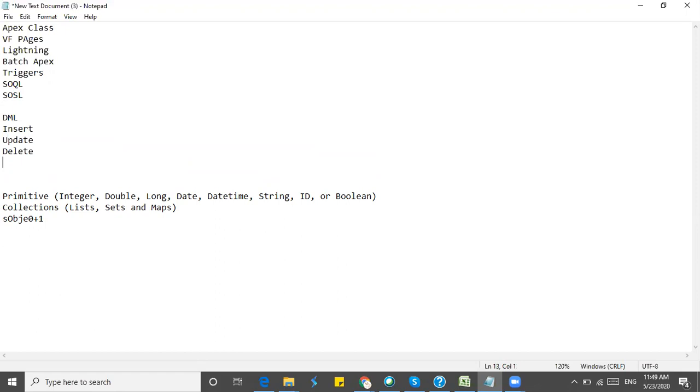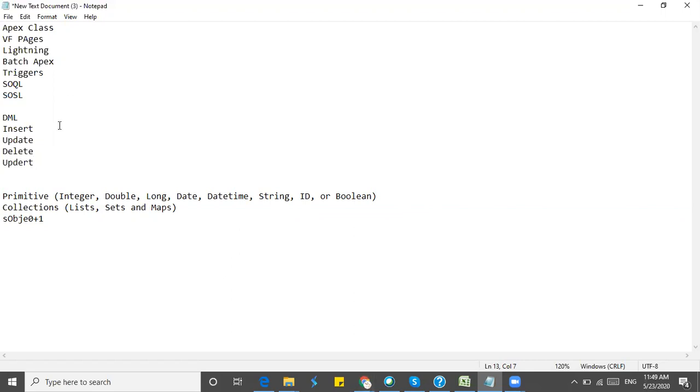We have something called upsert. At the time of data loader, we did upsert, right? In the same way, upsert works. We give a set of data to a variable and we can upsert. If the record already exists, it will update the data for the existing record. If the record does not exist in Salesforce, it will create a new record. That's the functionality of upsert. Undelete gets the record from the recycle bin and restores it. So these are the DML operations, the major ones we'll be using.